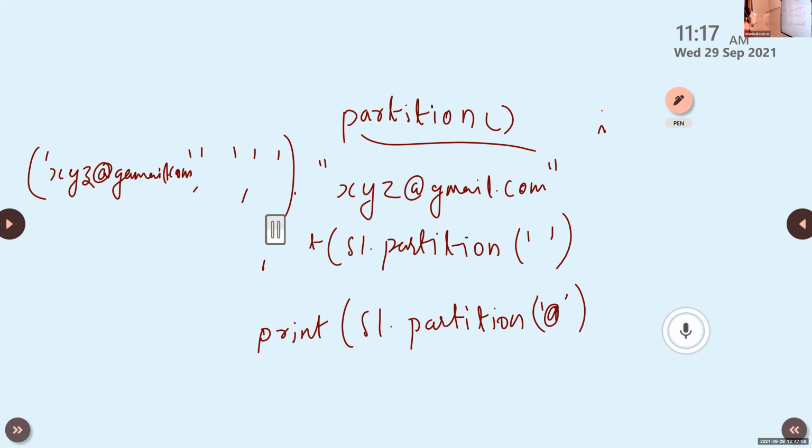Okay, this is the default setting for the partition function. If that particular separator is not in the string, then it will return the string itself, but followed by two empty strings.